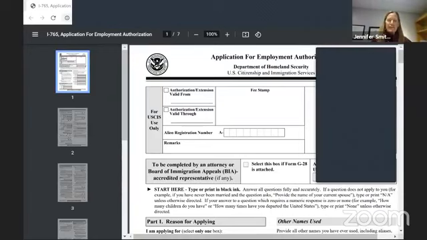I'm Jennifer Smith, and I'm an immigration attorney in Glenwood Springs, Colorado. I'm going to start by walking through the USCIS forms for applying for DACA. Just to back up one second, USCIS are the initials for the United States Citizenship and Immigration Service. Some people refer to them as UCIS. They are where you will file any application for an initial or renewal DACA application, and they will be the